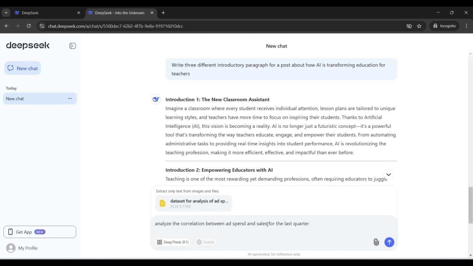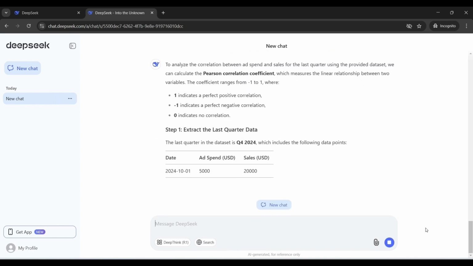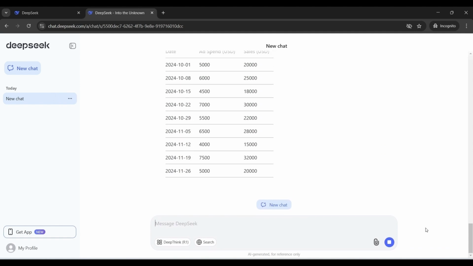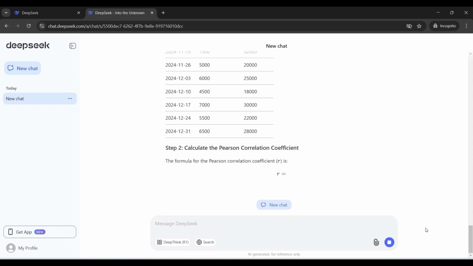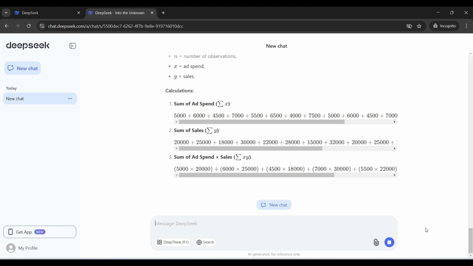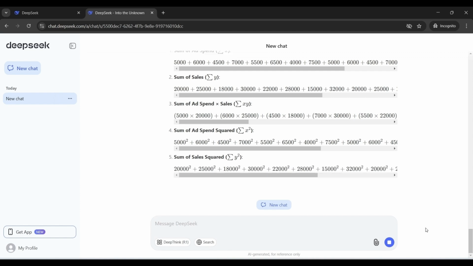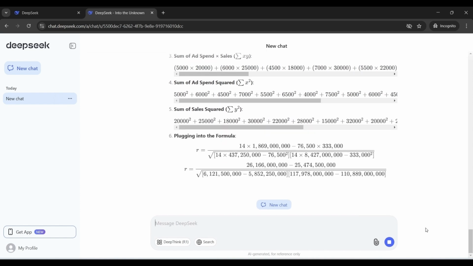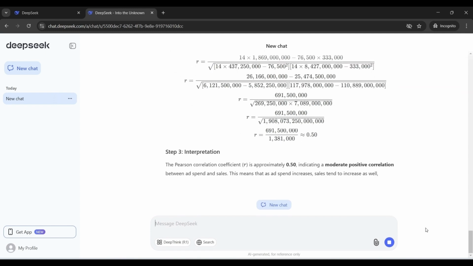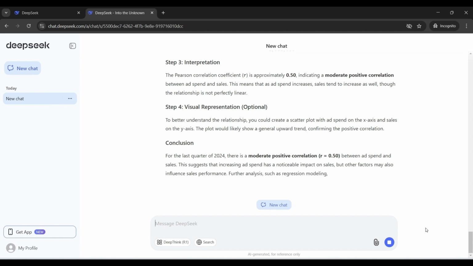Now, let's give DeepSeek a moment to process the data. Thanks to its blazing fast speed, the analysis will be ready in no time. Soon, we'll uncover whether higher ad spend is directly driving sales growth or if other factors are influencing the results. DeepSeek is now displaying the step-by-step process for calculating the correlation using Pearson's correlation coefficient. You can visualize how it performs the calculations, providing a structured view of each step involved in determining the correlation. The output reveals the Pearson correlation coefficient between ad spend and sales for the last quarter is approximately 0.5, indicating